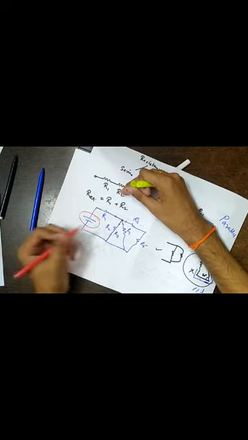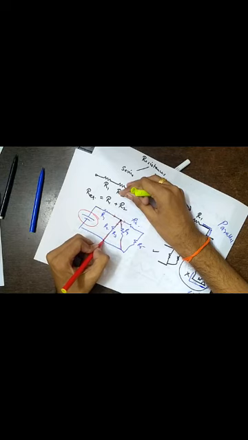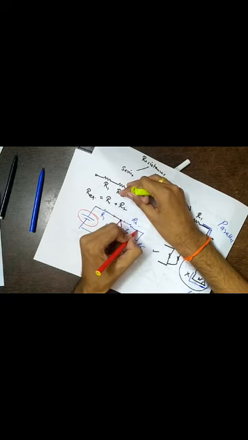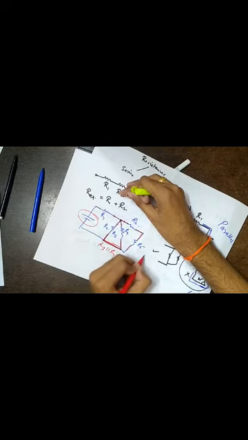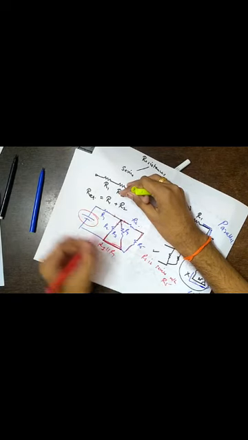Let's talk about R3 and R4. These two terminals are connected to a common point and these other two terminals are connected here. But this is shorted. So R3 is parallel to R4. What about R5 and R6? The same current is flowing. If a current is coming from here, the same will pass here. So R6 is in series with R5.